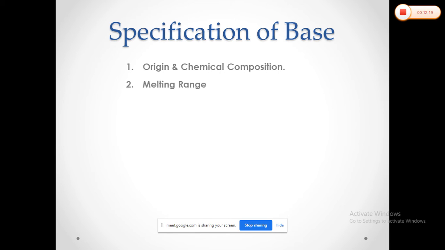Another important point I have to mention here regarding the origin and the chemical compositions. Why are these important? Because there is a possibility of chemical and physical interactions between the medicinal agents and other agents also. So that may affect the stability of the drug. The absence of any drug interactions between the two agents, that may cause us some problems also. So for that purpose, the origins and the chemical compositions must be studied properly.